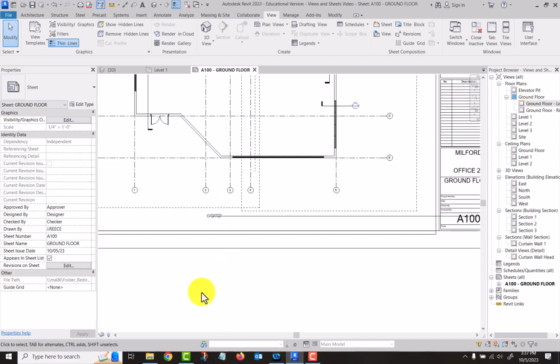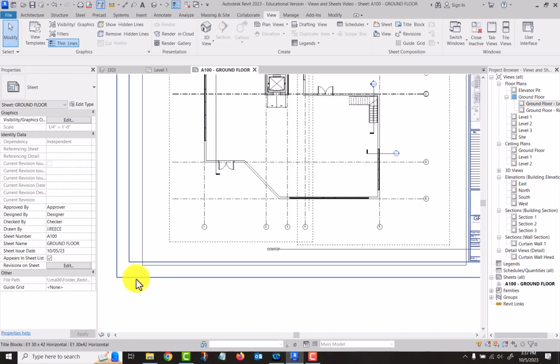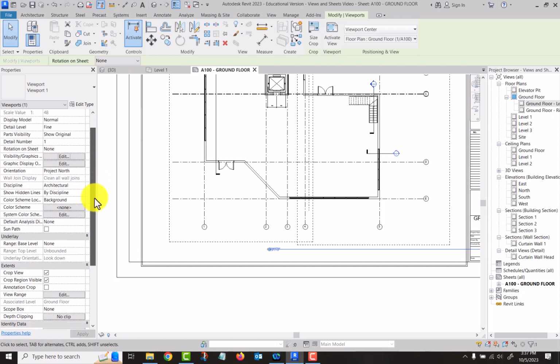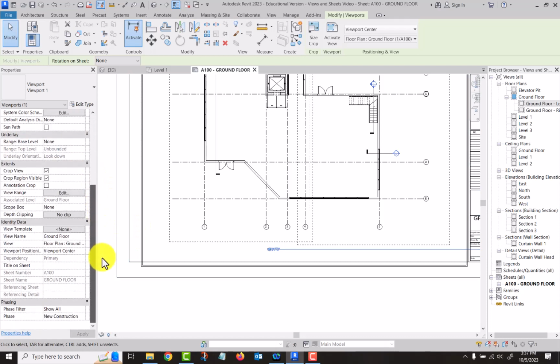If I want it called something else on the actual sheet, let me select my viewport, and over here in my properties, let's scroll down to identity data, and we've got some options here. So view name is what the view is called. If I change it here, it changes it everywhere over in my project browser. But if I go to title on sheet,